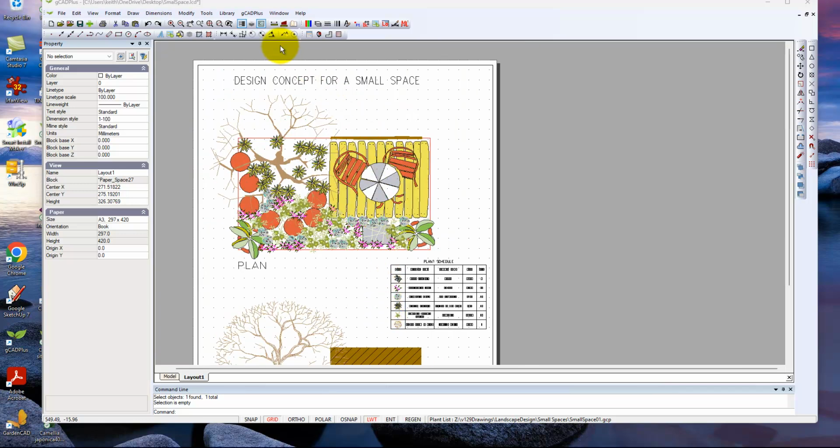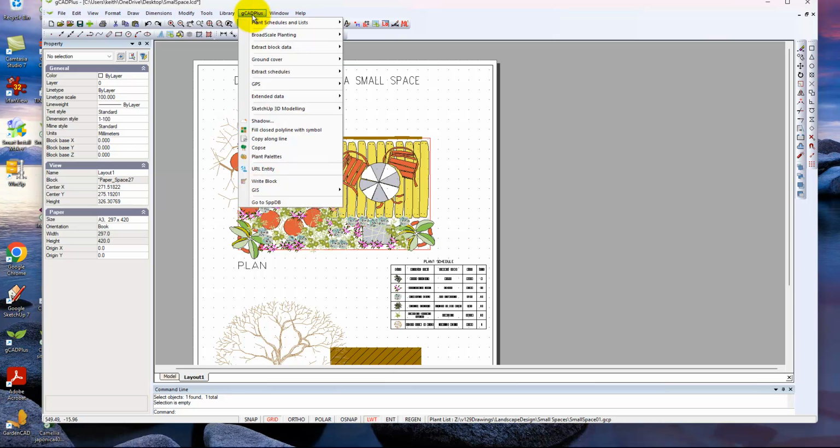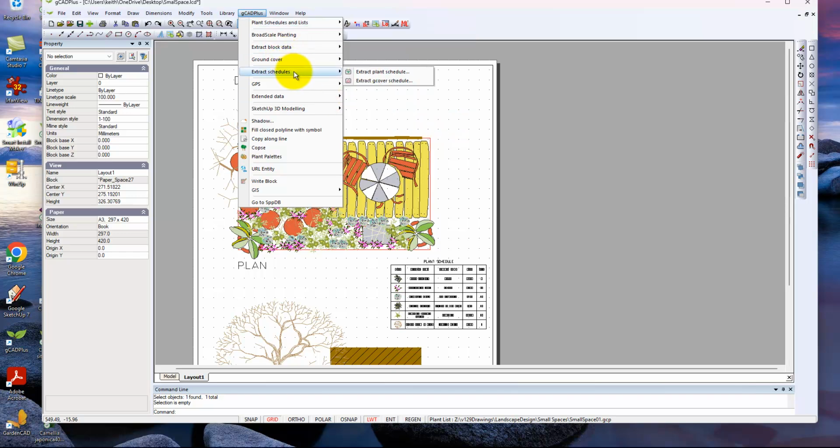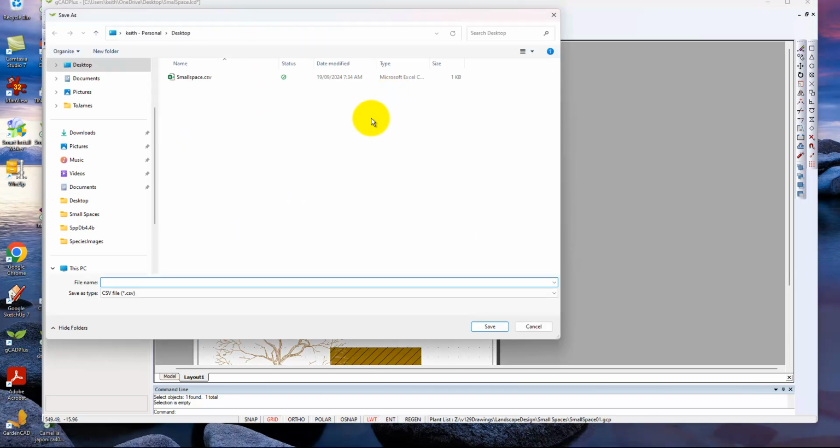One thing we can do is go to GCAD Plus, where you would have generated a custom schedule, and we can also slide down here and extract the schedule of plants. There's only half a dozen plants here, but we'd like to show that quite easily you can generate some detail about those plants. So let's extract the schedule, and